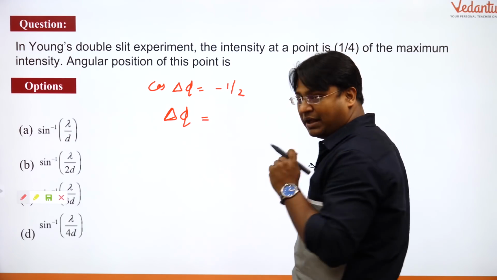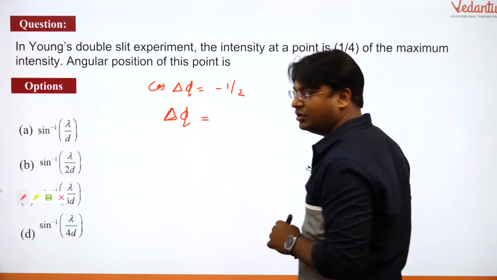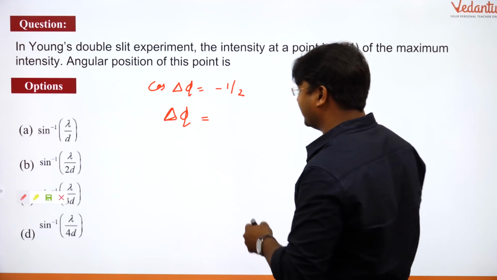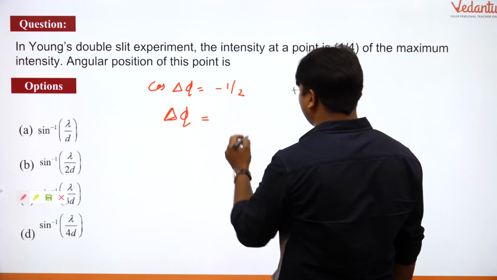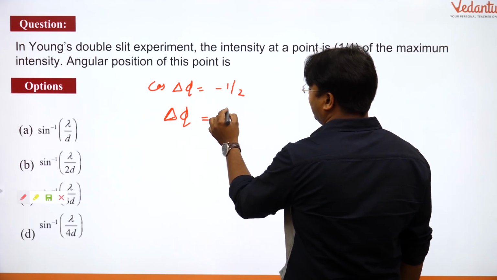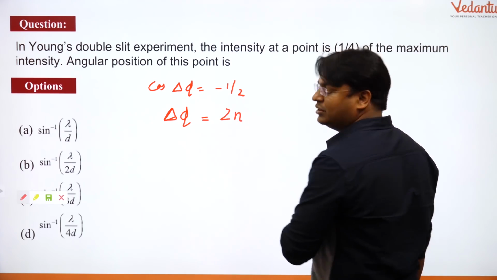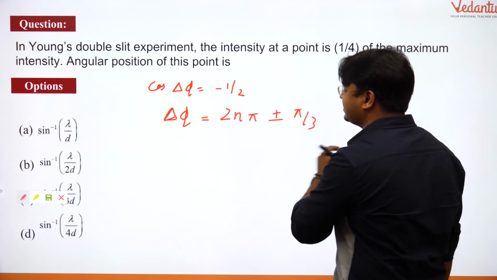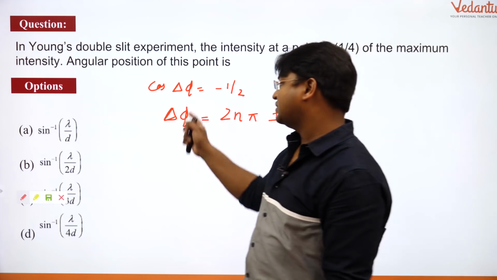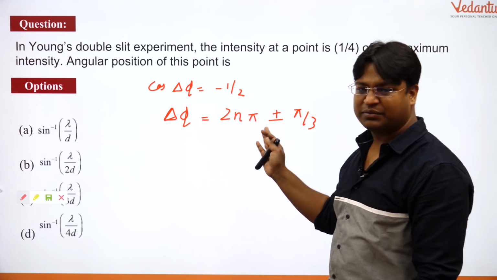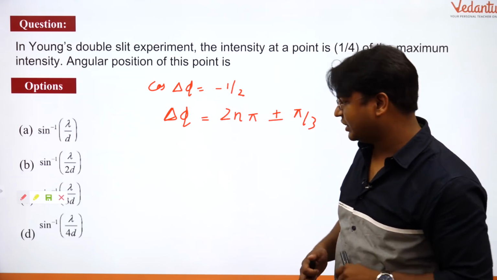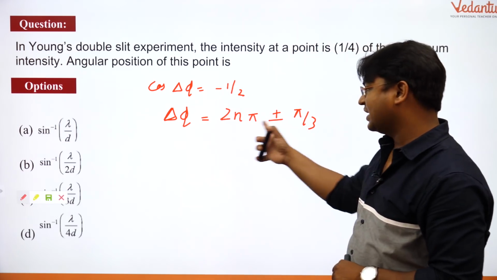So delta phi, what I will write is the general solution. Cos delta phi is -half, so we are dealing with the second and the third quadrant. So I'm going to write it as 2n pi plus minus pi by 3. Just have a look. The general solution of this equation can be written in other forms also, but just have a look whether this one is correct or not. We are dealing with the third quadrant and the second quadrant, so I think this angle will end up in